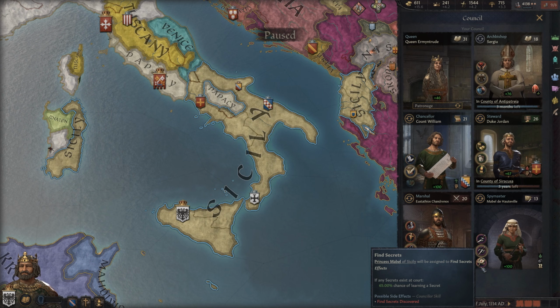I think the most important point about this was at the beginning, because I don't think a lot of people knew how those yearly events really work. Having a counselor at 16 or higher skill is what you ideally want to look for.